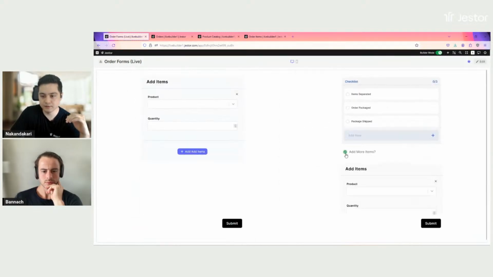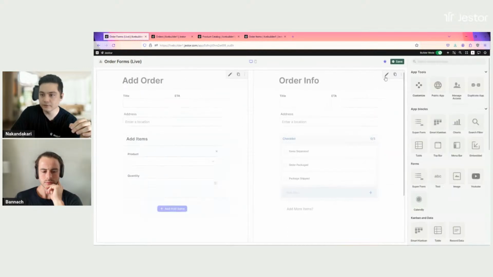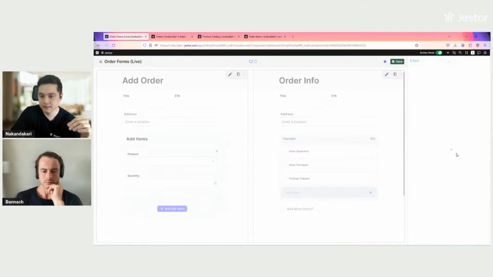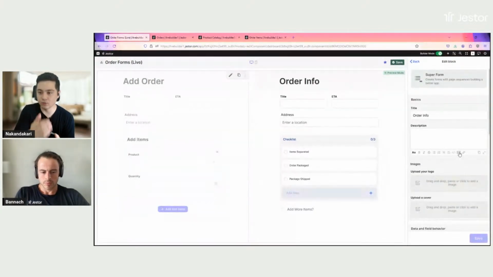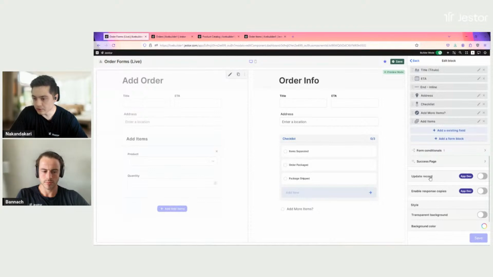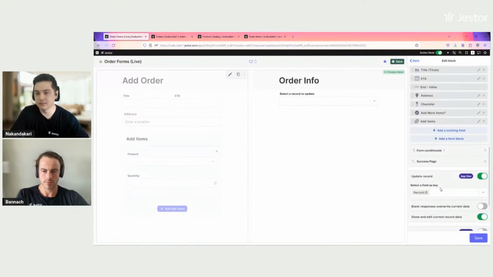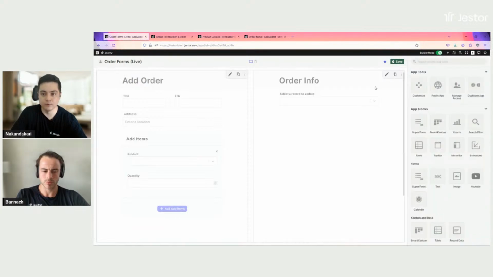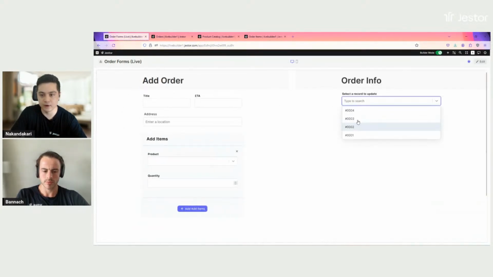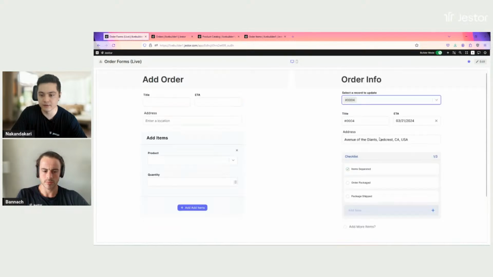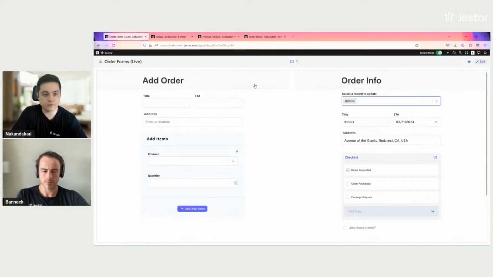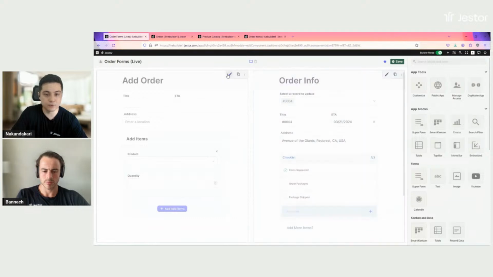And you can see here that it's working as intended. So the only thing that I have to change here is that this is not a form for creating new orders, right? It's a form for checking on an existing order's information. So I'm going to click on update record here. So this is a form for updating or checking stuff that already exists. So you can see here that if I selected a record that already existed, I can see all the information, right? One thing that I forgot to do, I'm going to go back to the one that creates stuff,